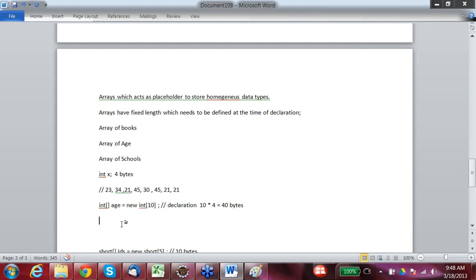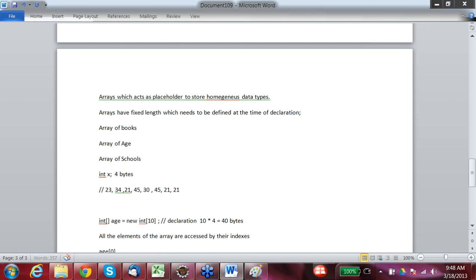All the elements of the array are accessed by their indexes. Okay. So if I want to access the first element, I would write age followed by its index. The first element has an index 0. It's not like our counting.